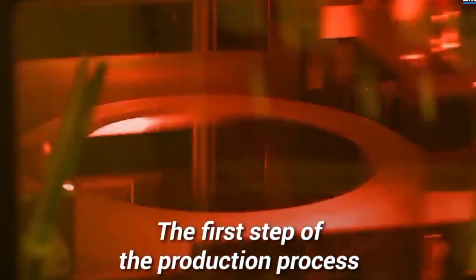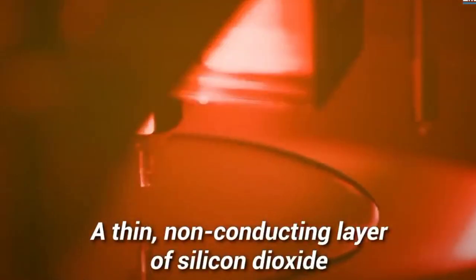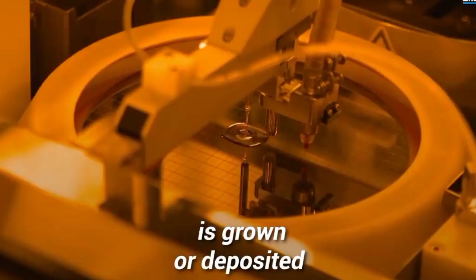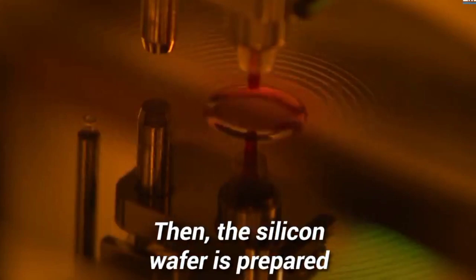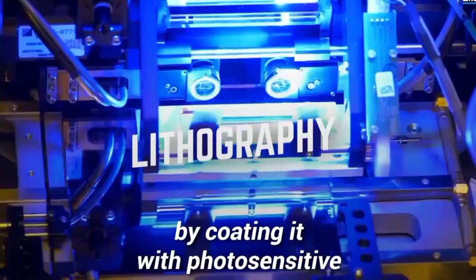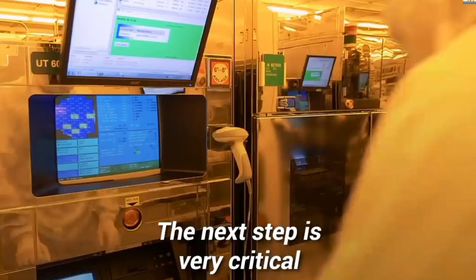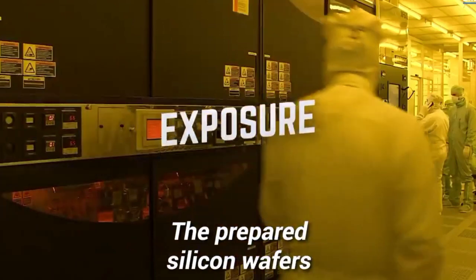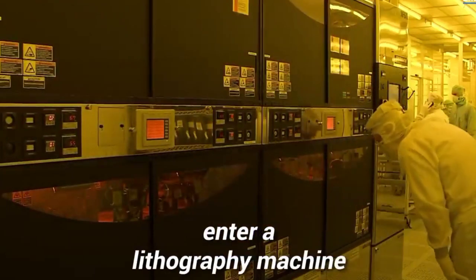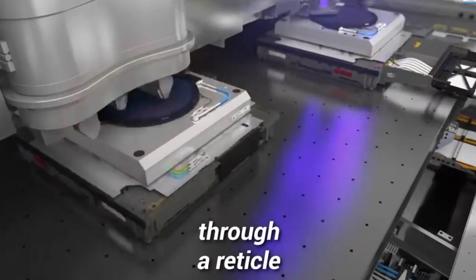The first step of the production process is deposition. A thin, non-conducting layer of silicon dioxide is grown or deposited on the surface of the wafer. Then the silicon wafer is prepared for lithography by coating it with photosensitive and light-resistant materials. The next step is very critical: exposure. The prepared silicon wafers enter a lithography machine and are exposed to UV light passed through a reticle containing the